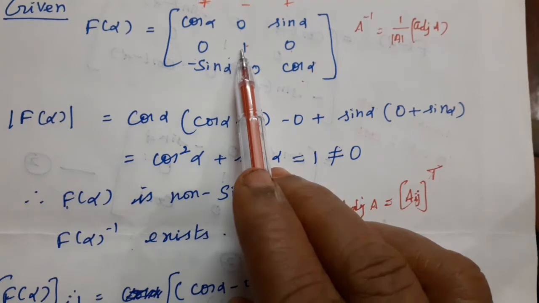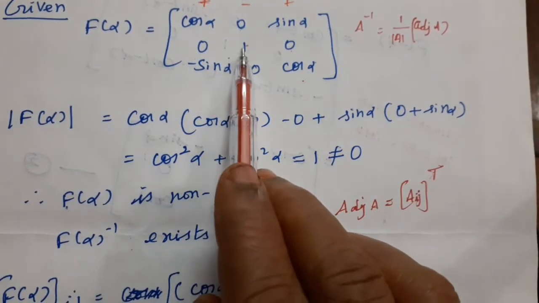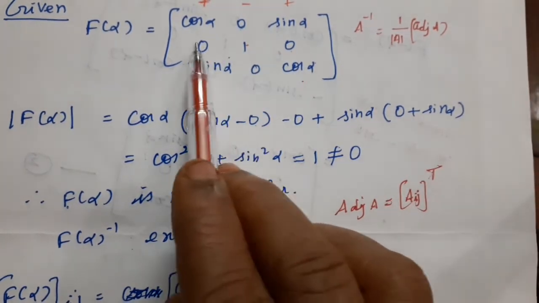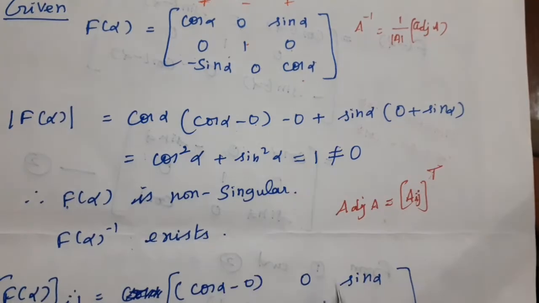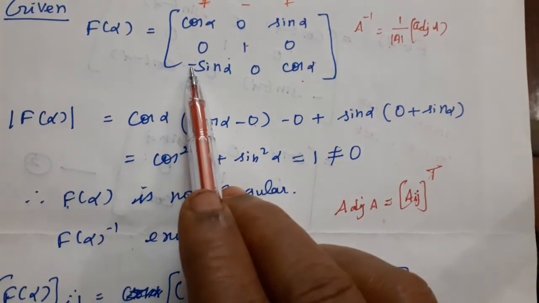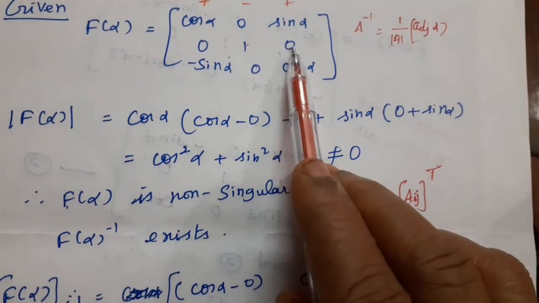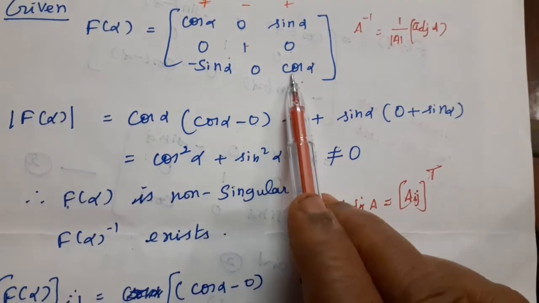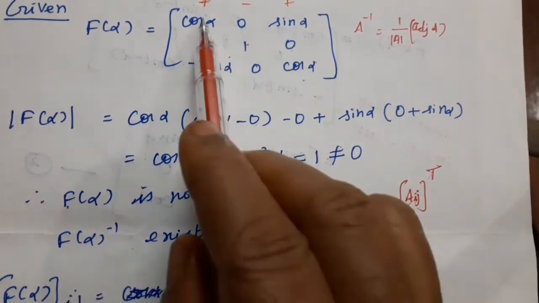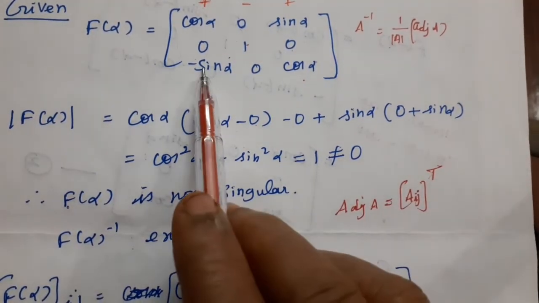Next you come to the next one, plus minus plus again, minus plus 1 into that a22. You leave that column as well as that row. Cos alpha into cos alpha is cos square alpha. Sin alpha into sin square alpha, already having minus sign, minus into minus becomes plus sin square alpha. Third one 0. 0 means what? Leave that row as well as column. Here also again we get 0. The row as well as column. Cos alpha into 0, 0. Sin alpha into 0, 0. You get the 0.